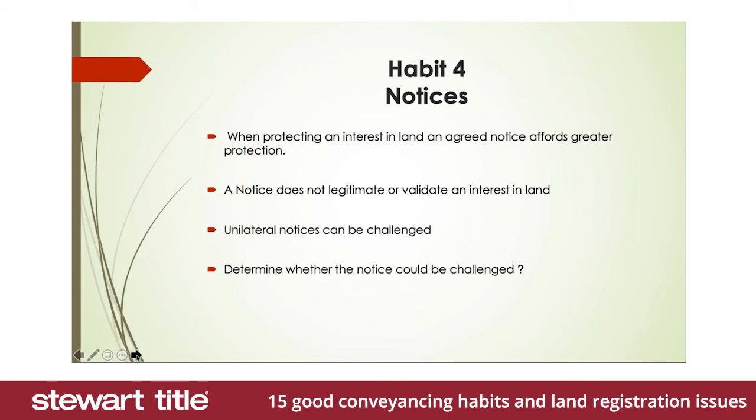And an agreed notice does not need the agreement of the registered proprietor. In the notes, I refer you to Rule 34.3 of the Land Registration Rules 2003, and in particular Rule 34.3c, which states you can lodge an agreed notice at the Land Registry if the land registrar is satisfied as to the validity of your client's claim to have an interest in land. So significantly, agreed notices do not need the agreement of the registered proprietor. Given that an agreed notice can't be challenged, surely a good habit is to say, let's use an agreed notice first, and only if we can't use it do we think about a unilateral notice.